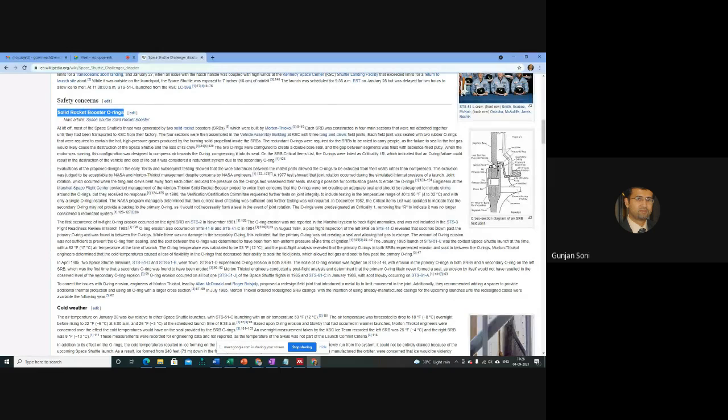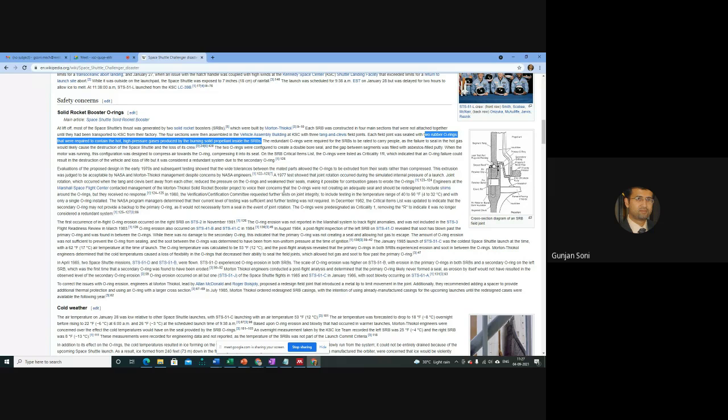So you can use some filters to see. You can see here what is the purpose of the O-rings. So O-rings were required to contain the hot, high pressure gases produced by burning solid propellant inside the SRB, solid rocket boosters. Okay, and if this O-ring fails,